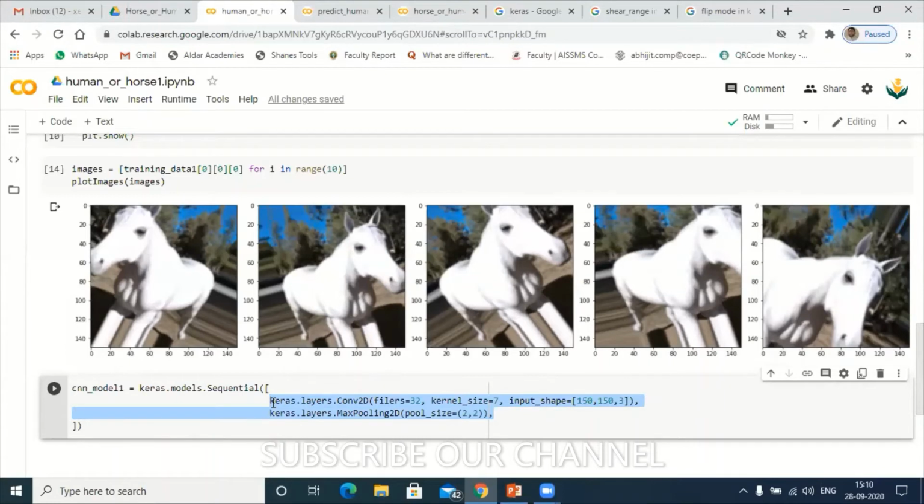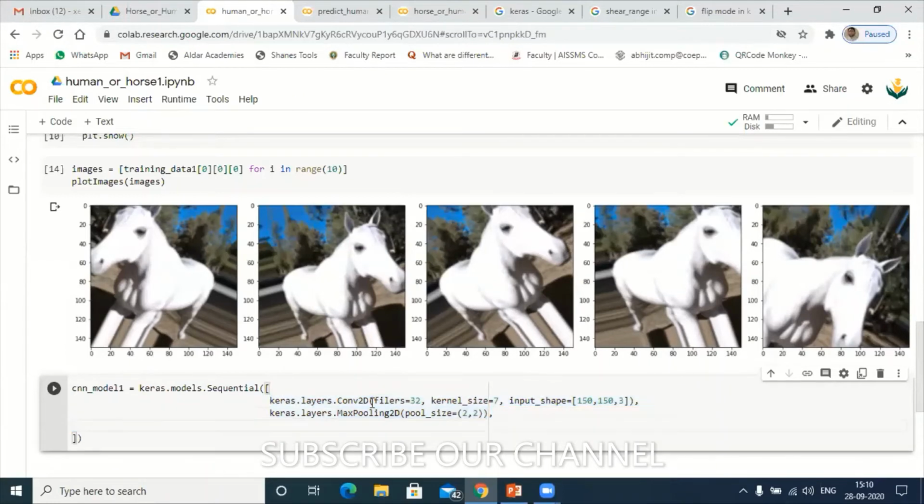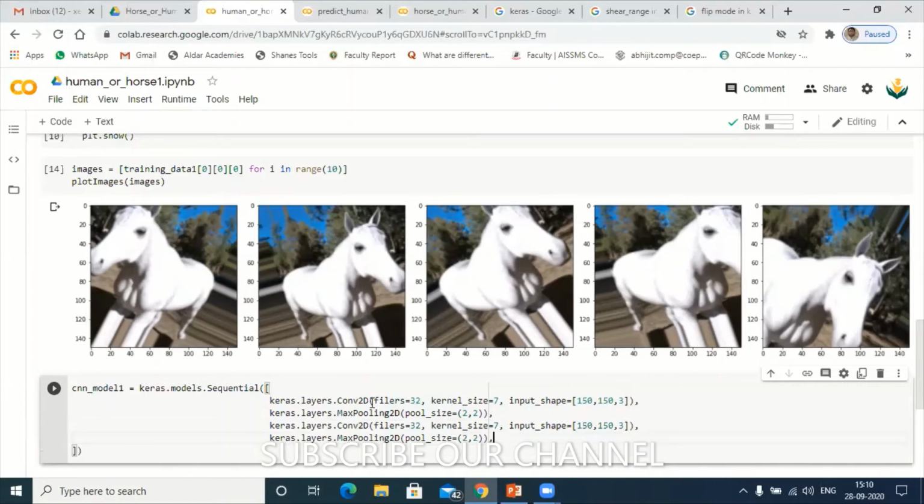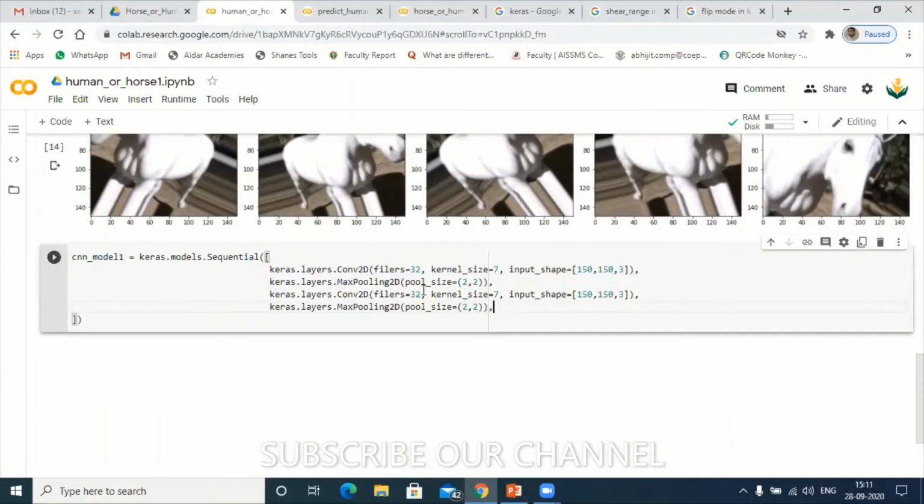Now I will change the kernel. I'll try to reduce the kernel size now. That means from 24 into 24, I'm going to have 12 into 12 size. Next, 12 into 12 to 8 into 8. I'm just copying this one and I'll change the filters, let's say 64.